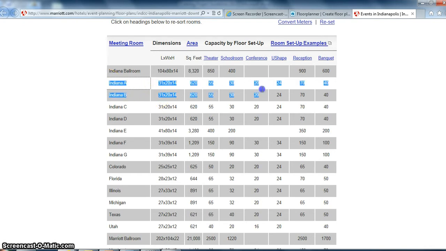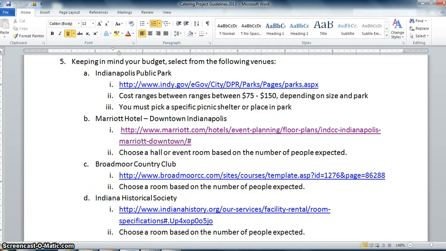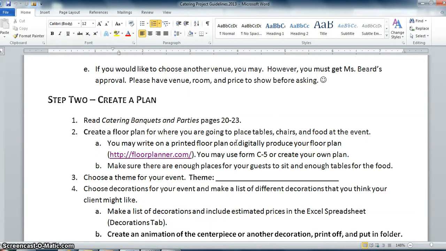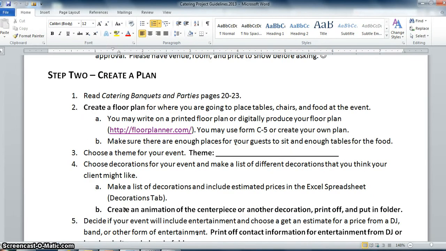And so ask me if you're unsure, and I will help get you through that step. All right, so you've printed off that page and you've written down how much your venue is going to cost. Put that in your folder, and next you're ready to move on to step 2, which is creating a plan. Again, you need to refer to the Catering, Banquets, and Parties booklet and read pages 20 through 23 before you